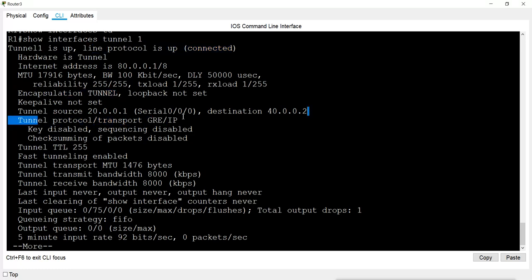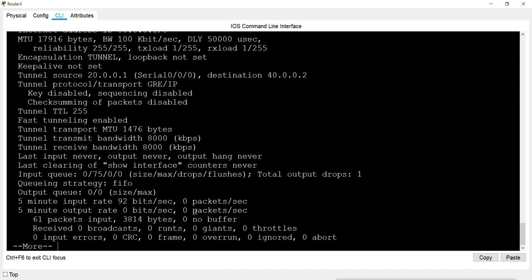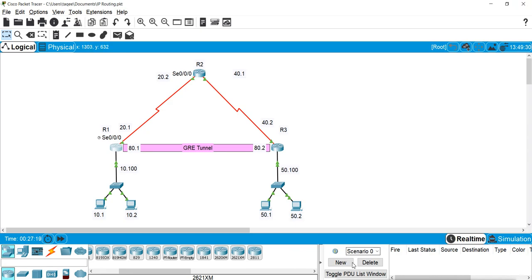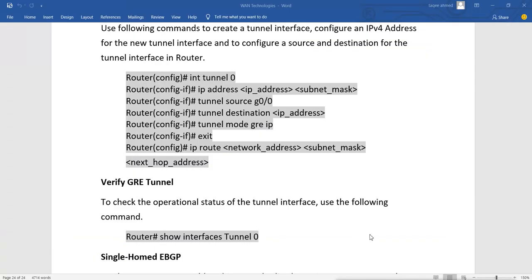Tunnel protocol is GRE over IP, and the tunnel source and destination it is showing, and other information. That is what tunnel.